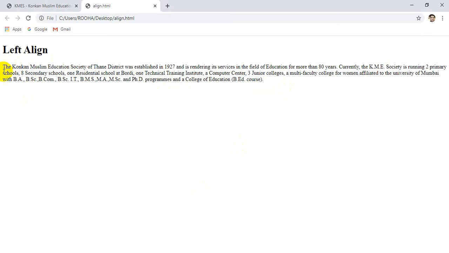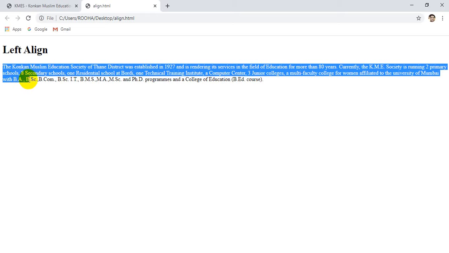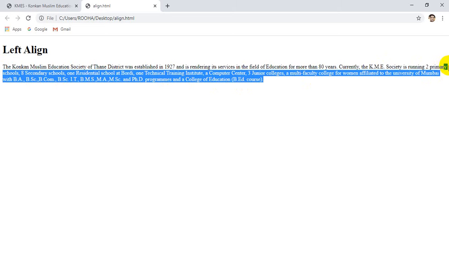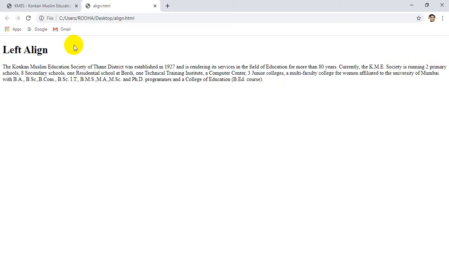Okay, the margin or the alignment of the text of this paragraph is equal from the left hand side, but from the right hand side it's different. If you notice, from the right hand side the margin is different, and the second line margin is different, and the third line is obviously different because of the content. We don't have so much content, that's why, but the second line can be in the same format like here. Okay, why? Because I just want to tell you a very important thing.